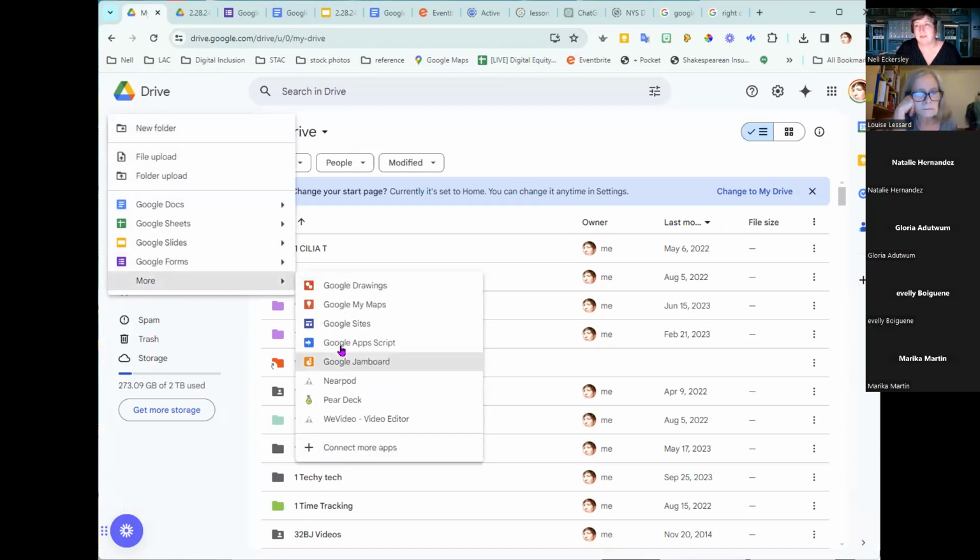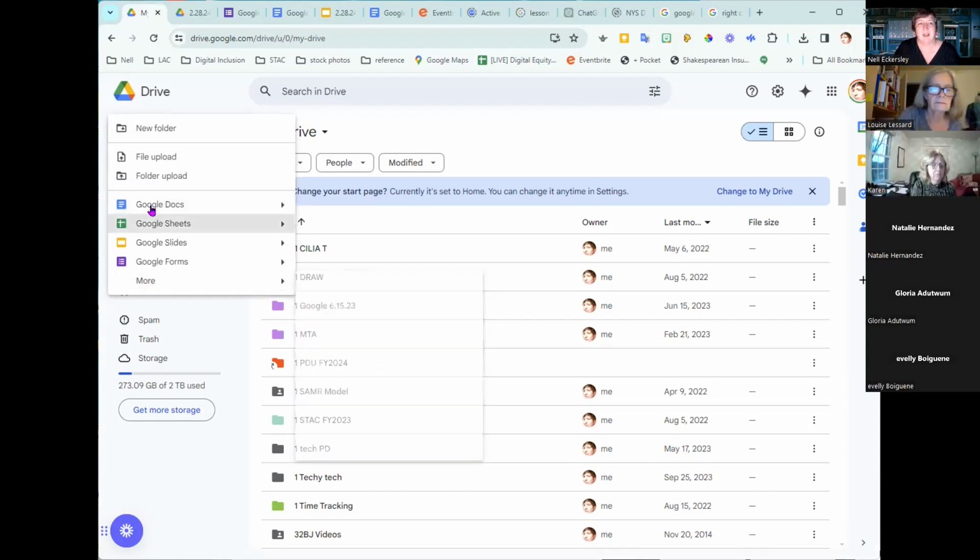So a lot of file types here. Even Google Sites is here, right? Jamboard, I think we all know, might be going away, which is very sad. Anyway, so this is where all of these file types are. And I'm someone, when I open my Chrome in the morning, my Google Drive opens immediately. I just have it open all day long. So this is probably the way that I would go ahead and find a document or also create a document.